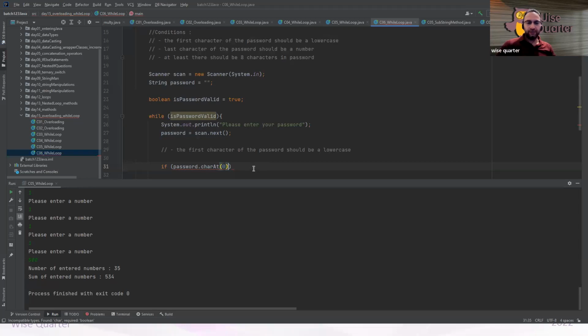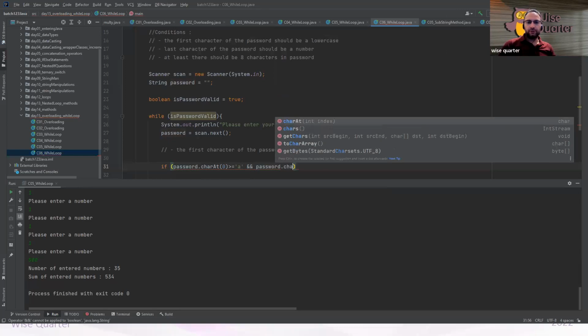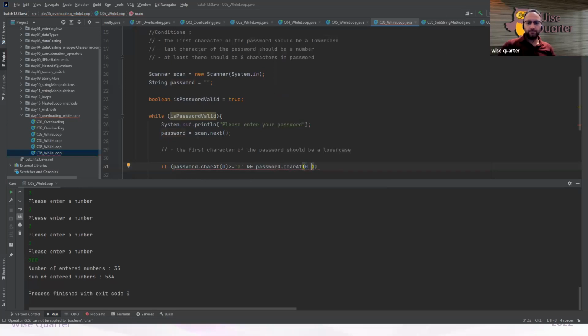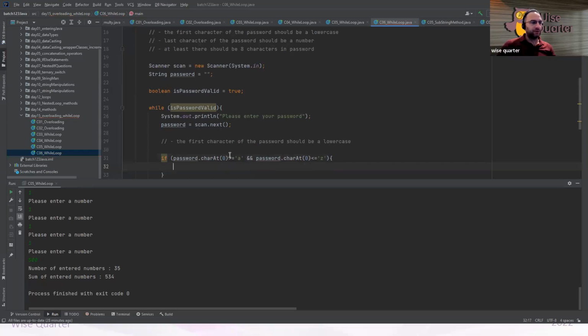And it should be a lowercase. It should be equal or higher than A. And password char@ 0 should be lower or equal to Z. If that's correct, I will write something. But I'm trying to find false situations, right? If it is correct,